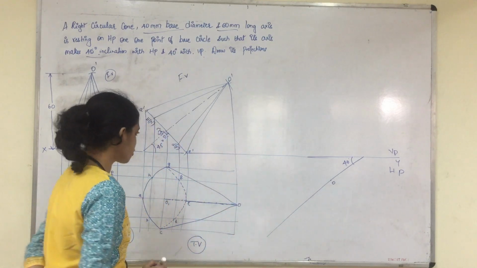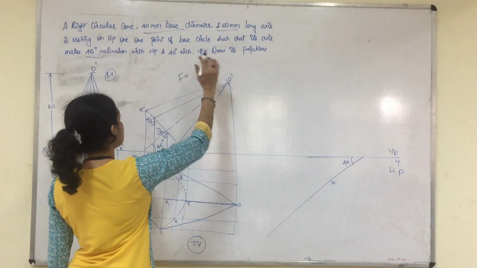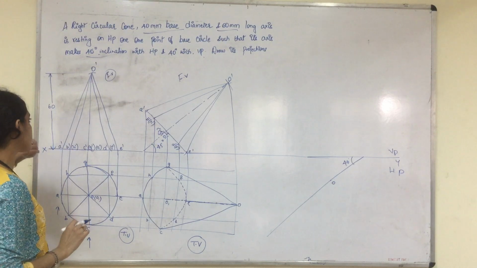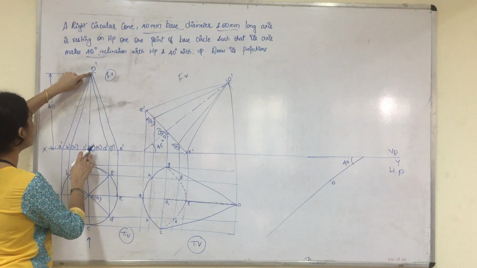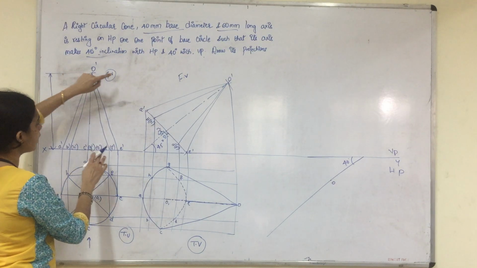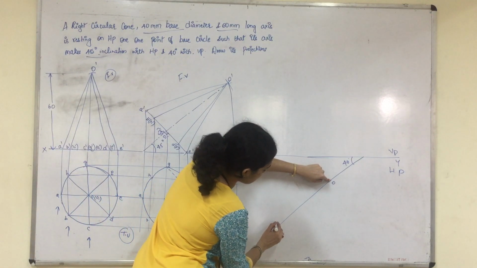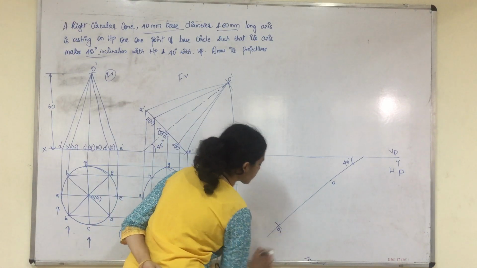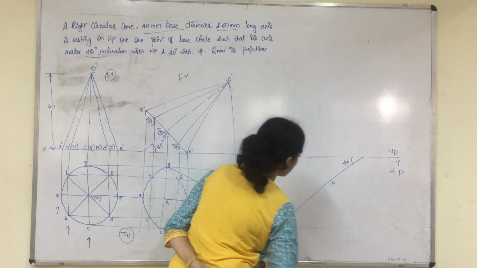After you measure the reference point O, since the axis is directly inclined to VP, first we need to take the true length of the axis. So what is the true length of the axis? It is 60 mm. So measure from O dash to O1 dash, it is exactly 60 mm. Measure the same 60 mm on this 45 degree line and just cut an arc on this 45 degree line. Where it meets will be our O1. From there you just draw the locus.